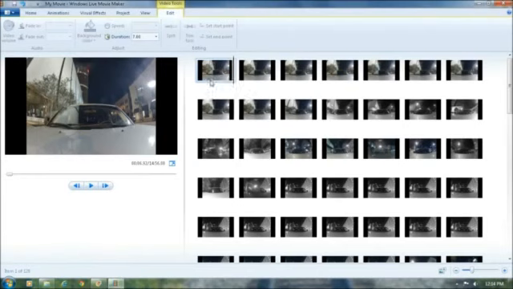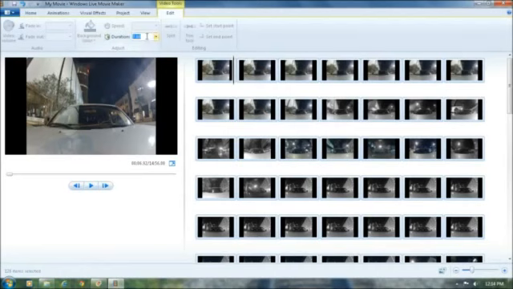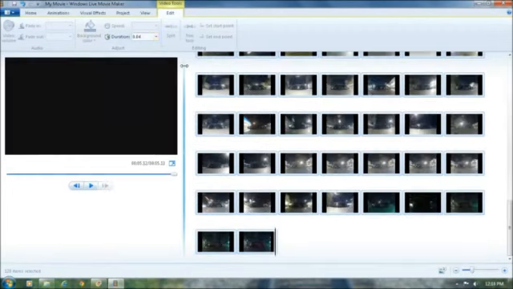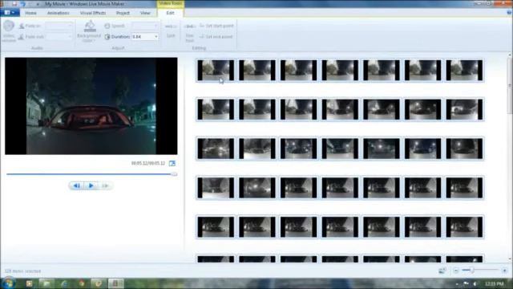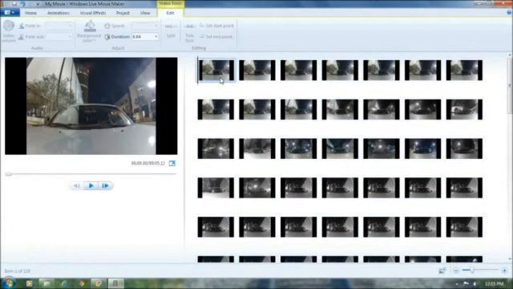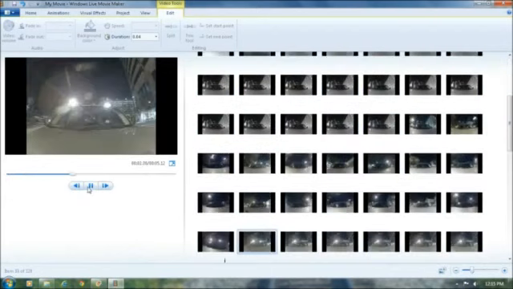So again, you want to select all, and then go up here to duration and type in 0.04, and then press enter. So now, instead of 7 seconds per frame, you're looking at 0.04 seconds per frame, which should, if you click play, give you a time lapse,